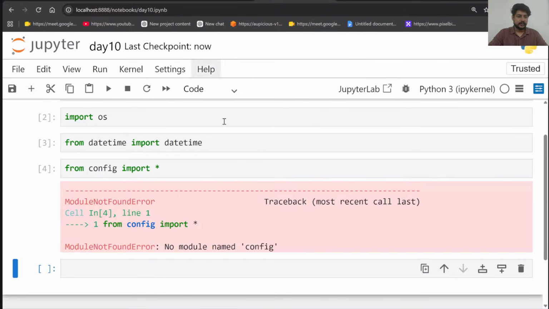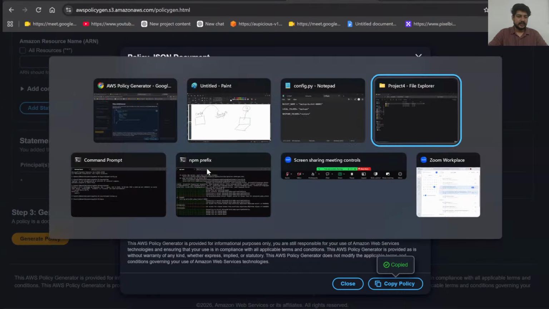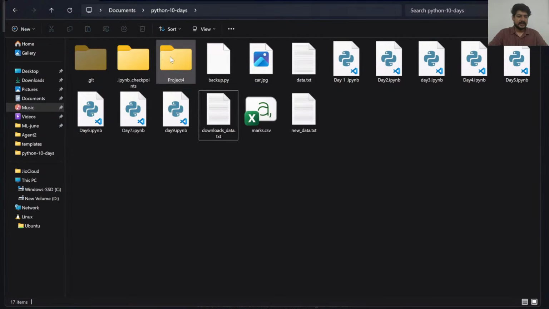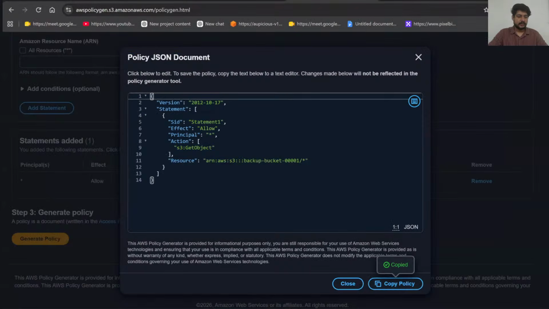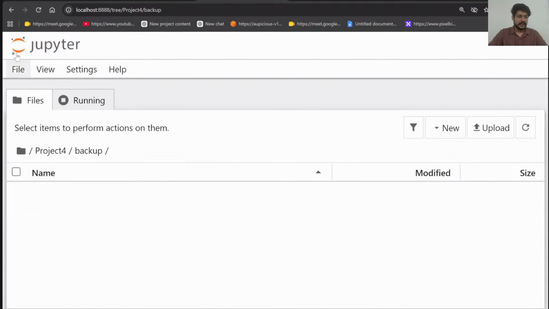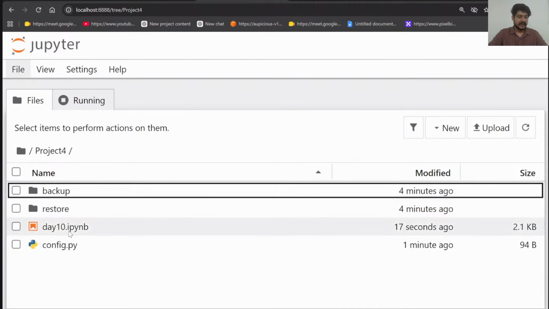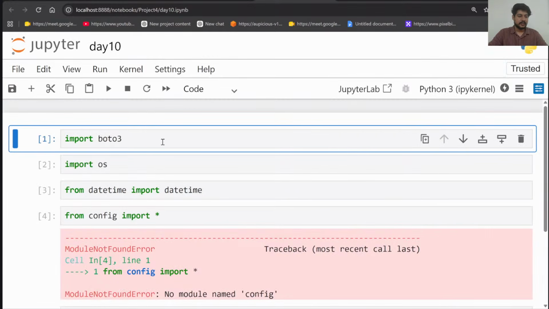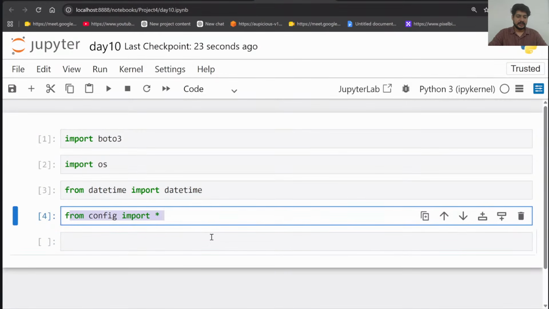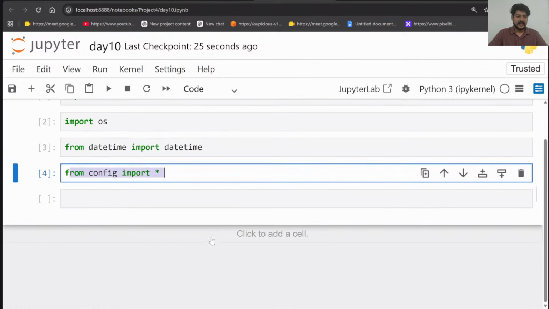So let me close this Jupyter notebook. Let me move this day 10 notebook inside this folder. So day 10, I'm inserting into project 4. Now I'm going back to my home folder, and inside this project 4 there is a folder here called day10. Now if you run this, it will work fine. See, all the libraries have been imported. So it was not an error, it was technically telling that there is no file from config.py present there. You just need to import it properly over there.